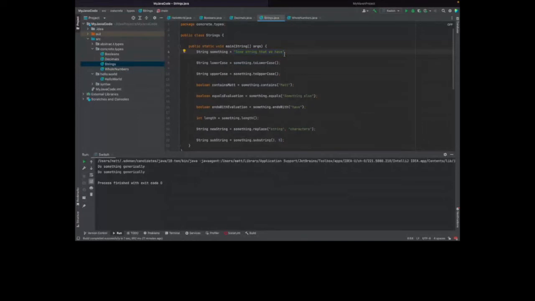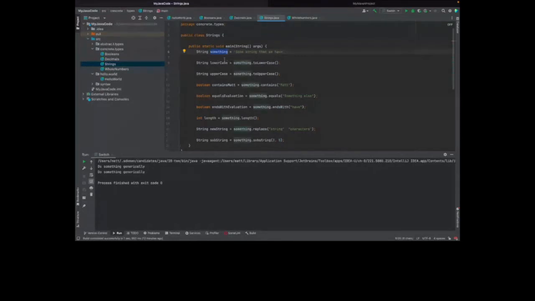I think you technically can use single quotes, but actually, no, you can't do single quotes. I'm pretty sure you have to do double quotes. If you want to use single quotes, that is for single characters, and that's a slightly different type. So if you want to write Java code, you've got to use double quotes for strings anyway.